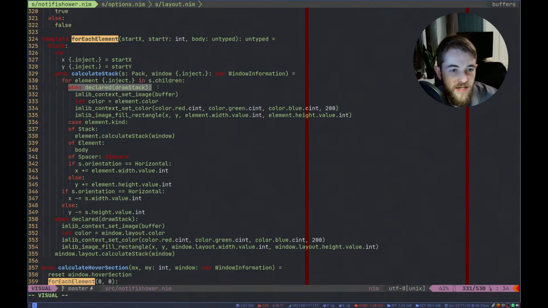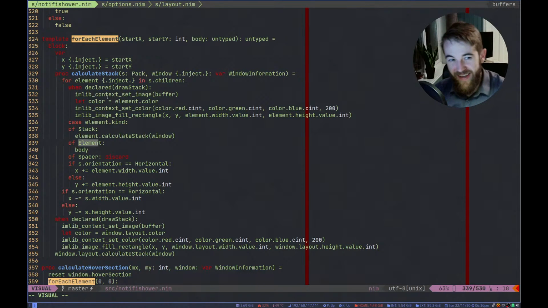But as I said, we have this draw stack thing that I hacked together just to show me where the stacks went. So when declared draw stack, we do this for every element, not only those that have the kind element. I'm kind of overloading the word element here in a not too great way.